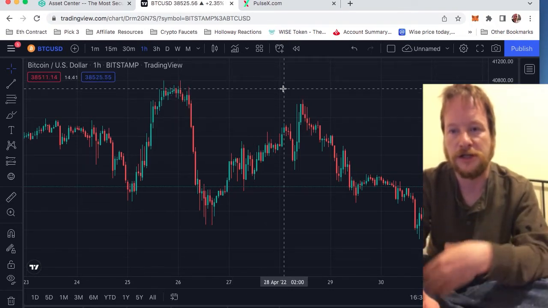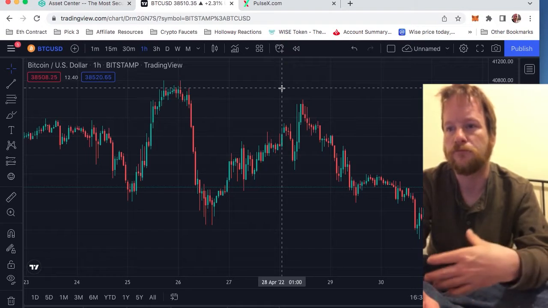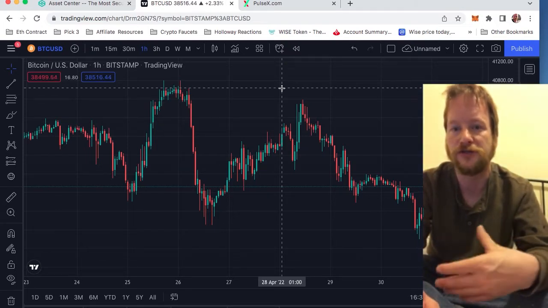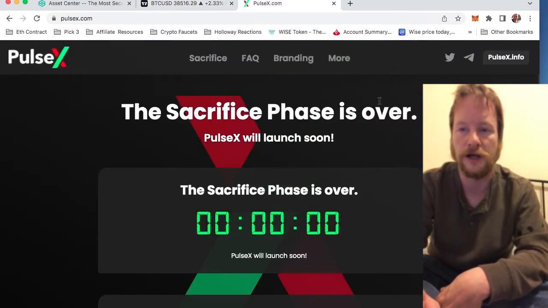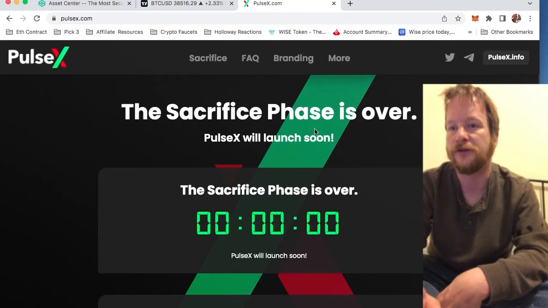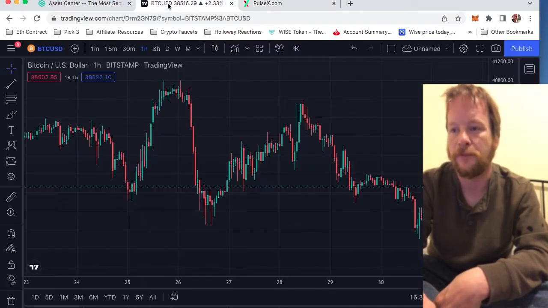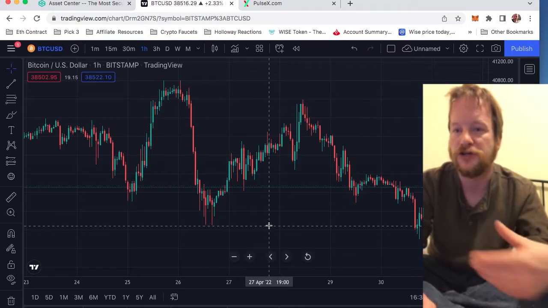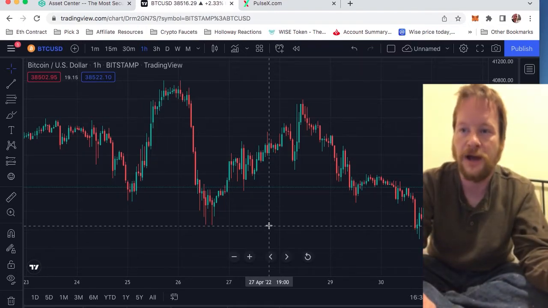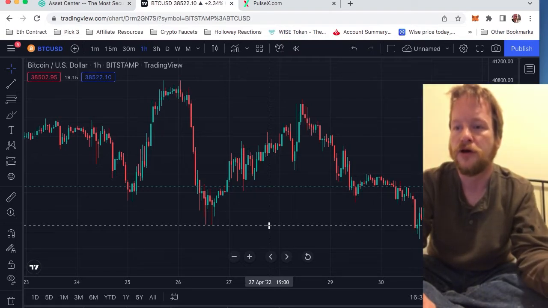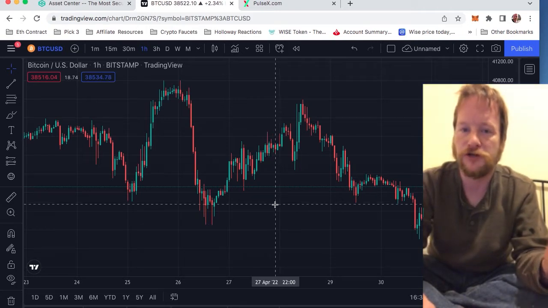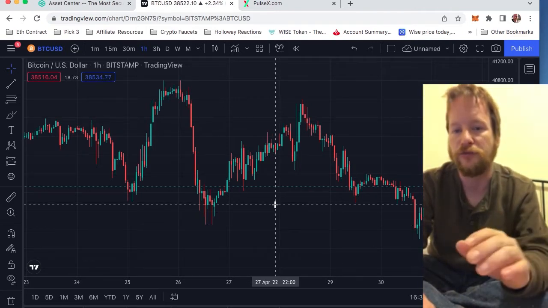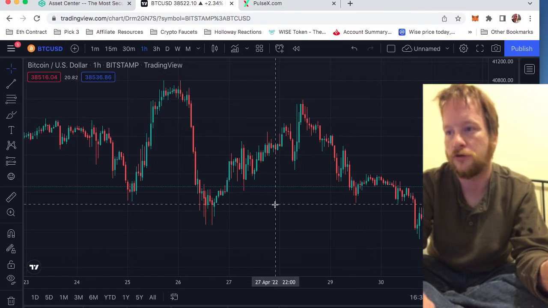So what I was using to day trade, I'm actually going to be using to buy more. Not Pulse X, but I'm using it to buy more Hex for the Pulse X when it comes around. So my trading is going to be on the back burner, not permanently, but just till this Pulse thing happens, and then I'll put a little more time into the day trading stuff. But while my funds were on Robinhood, I researched a couple strategies on